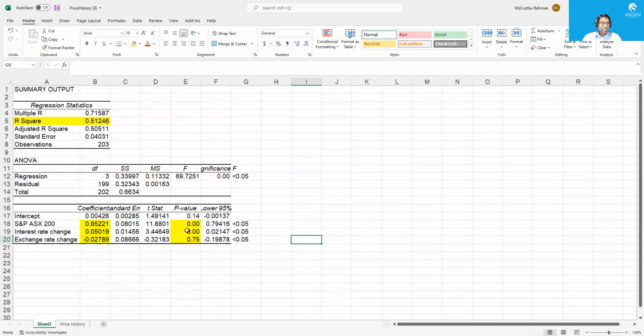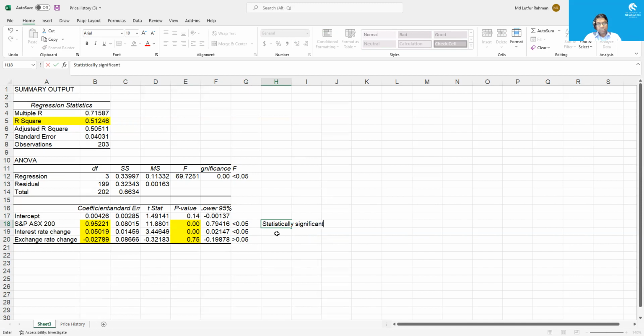So now you can see that for S&P ASX 200, that means the market risk, and for the interest rate risk, the p-values are less than 5%, but for this one, it is greater than 5%. So which means that these two variables are